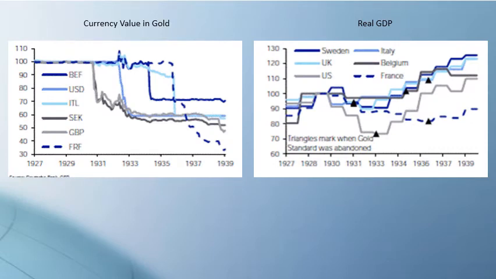And you can see from the graph on the left that the US and France were the last to abandon the gold standard, and we can see from the graph on the right that fairly shortly after a country stopped maintaining their fixed rate to gold, their economies start to grow again, right? In the UK, this happened in late 1931, 2 years earlier than the US. And they were able to stimulate their economy rather than impose austerity.